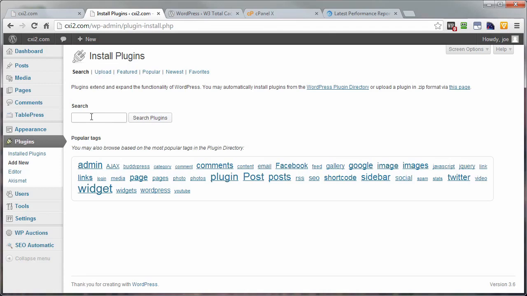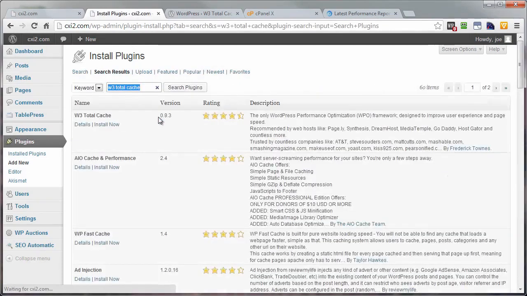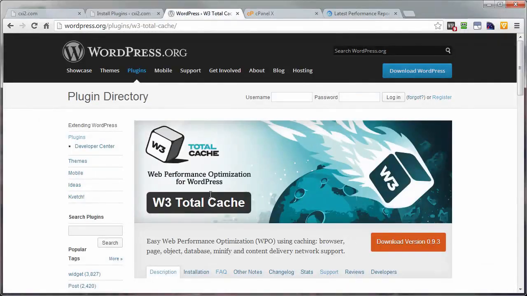Now we go ahead and type in here, make sure we're in the search section, type in here W3 Total Cache, click on Search Plugins, and it'll probably be the very first one on the list. Right here we are. You want to see more about it, you can click on Details. And by the way, if through the process of your installation and configuring you run into roadblocks, right here on